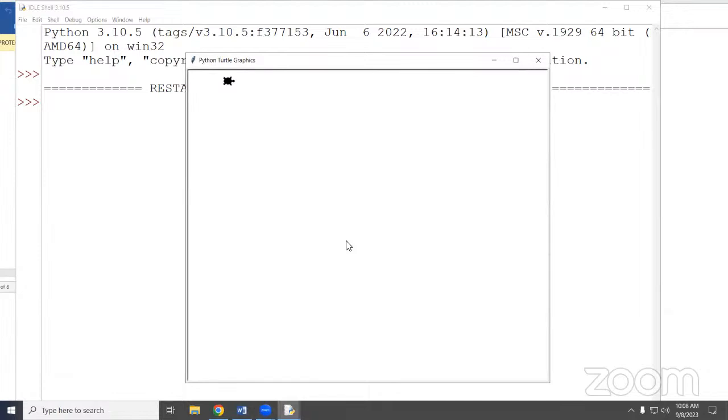Now, if you are looking at the screen and you draw an imaginary cross through it, so you draw yourself an x-axis and a y-axis, and you think about it that way, the center is always going to be 0, 0. When you move to the left from center, you're going in a negative x direction. If you move to the right, it's a positive x direction. If you go up, it's a positive y. If you go down, it's a negative y.